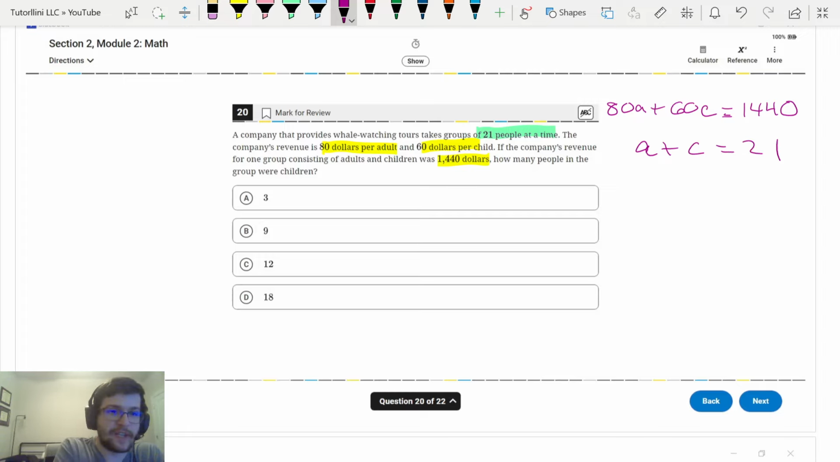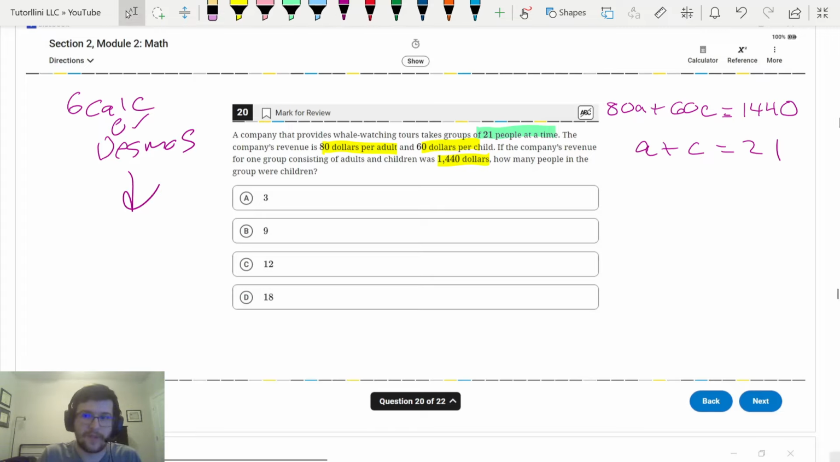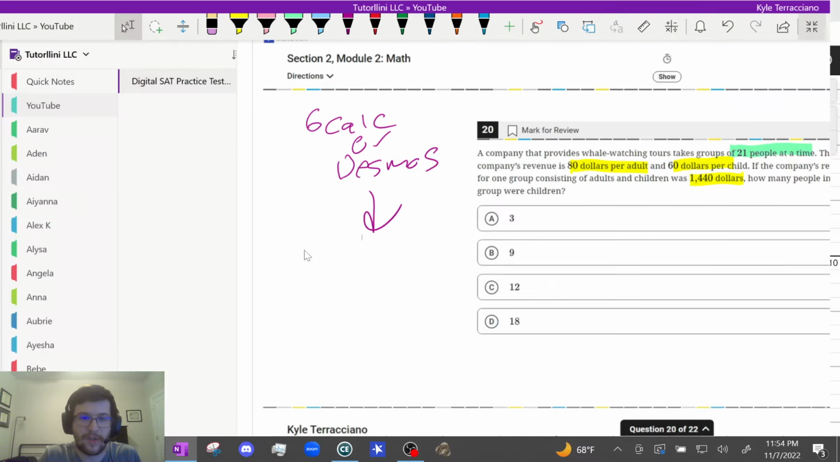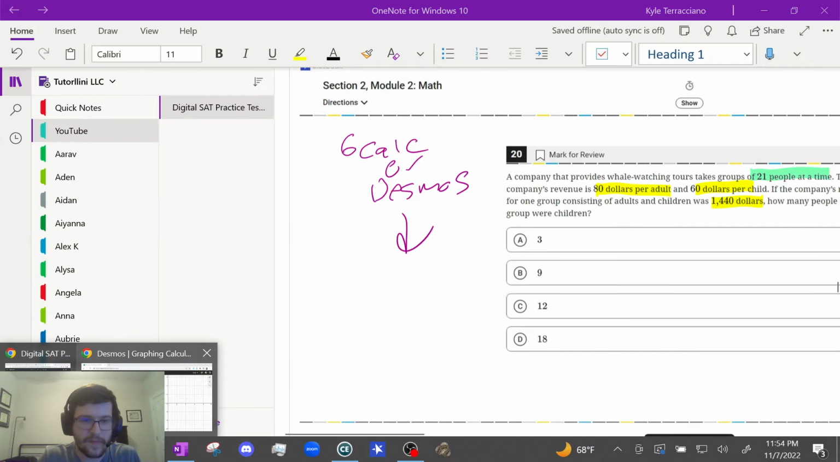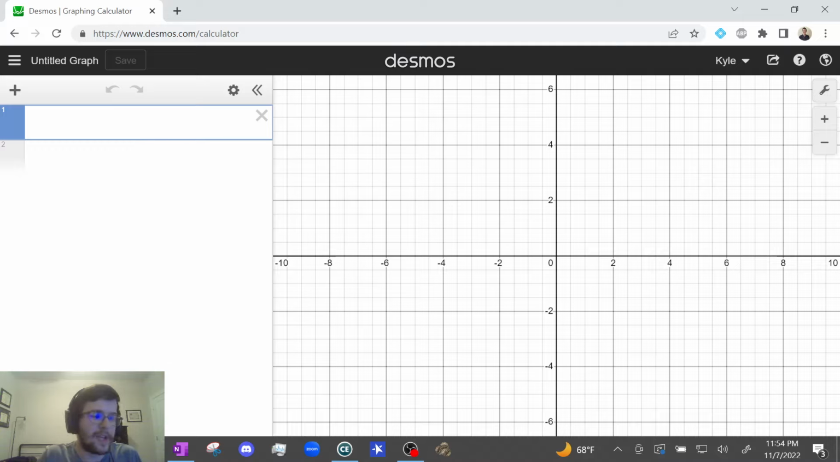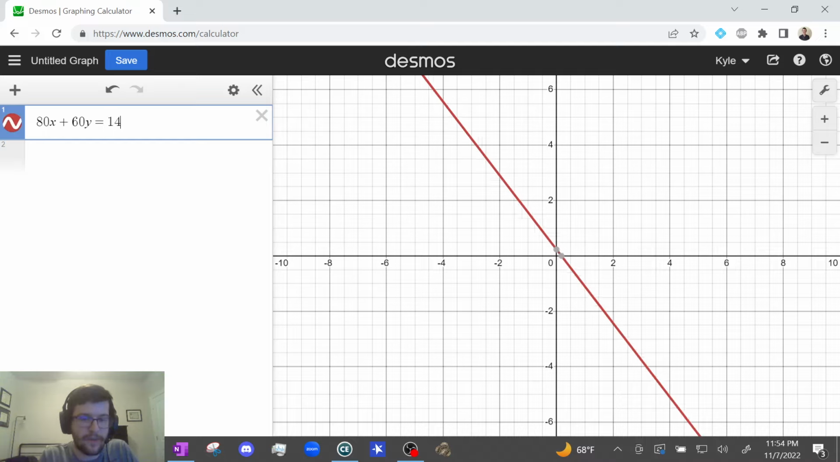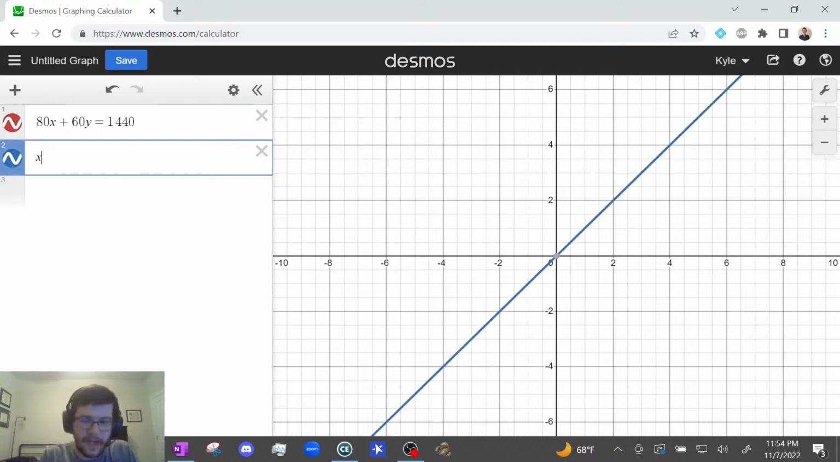The second you get to this point, I would just go to your graphing calculator or Desmos and just type it in and get the answers. So that's what I'm going to do. That's going to save a ton of time for this one. I mean, not a ton, but it'll save you at least a solid 20 or 30 seconds. So you can't graph with A and C. So I'm just going to change it to X and Y. So 80X plus 60Y equals 1440. And then X plus Y equals